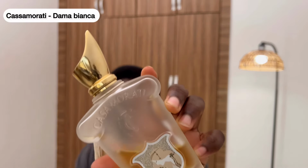They are not your typical kind of fragrances. They are the people who I see really liking this. If I have to choose my top 5 fragrances for life, Longcha would be part of it. That's just it. And the last one for today, the very last one today, is Dama Bianca from Casa Moratti